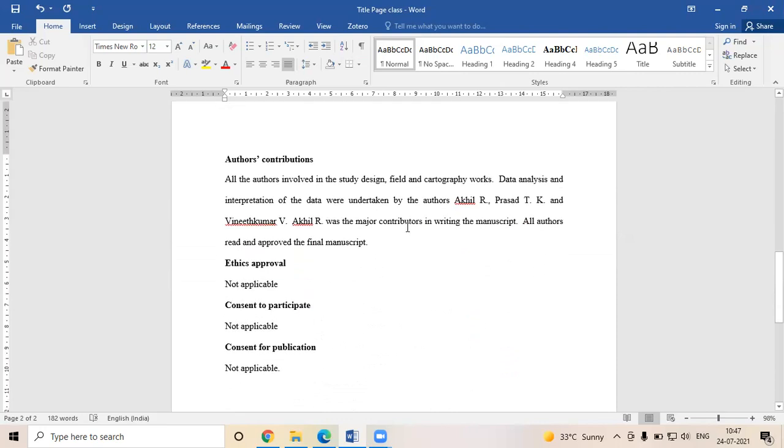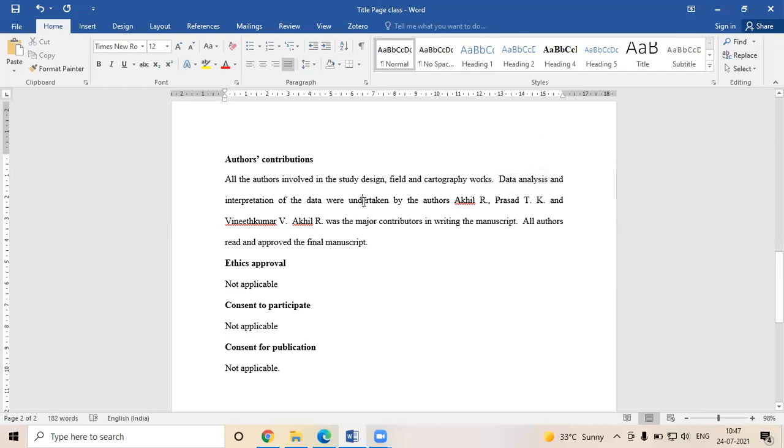Another one is each author's contribution. If there are 3 authors, you have to mention the contribution of each of these authors. Mainly the first author is the one who does data analysis, interpretation, everything.